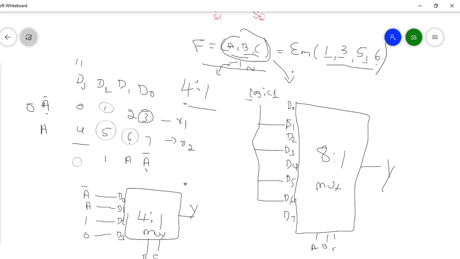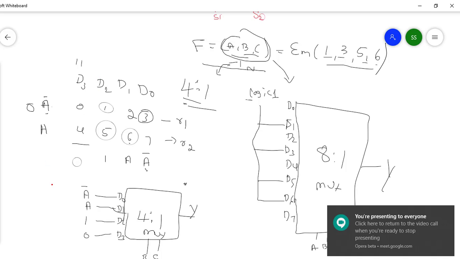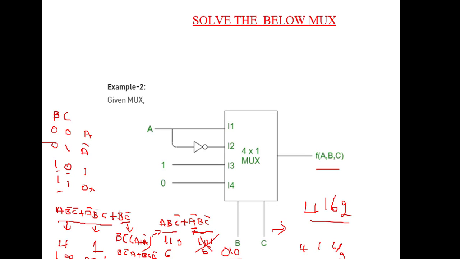Okay, this is how we can do for the given number of variables directly. If you want to do a smaller value, that means lesser value, instead of 8 is to 1 mux, the next adjacent one, that is 4 is to 1. How to do 4 is to 1? You have to go for the implementation table. Okay, previous example only we will take, we'll check whether that is proper or not. What is the previous answer we got?